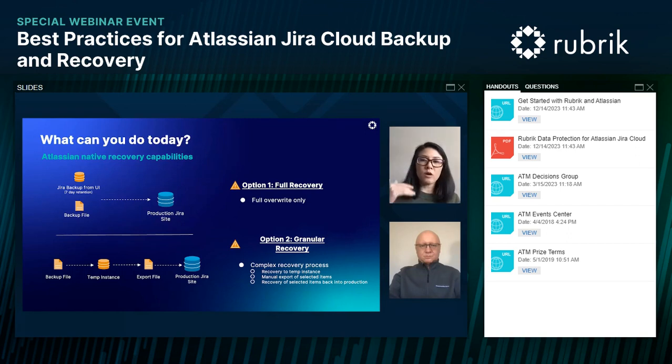So regardless if you want to restore a full copy or just some issues, you still have to go through that process of, I still need to pull that file of all data and place it somewhere. Now, customers would need to rummage through what they need and then create their own file of specific issues or specific projects that they need to restore. So they have to prepare or stage another file that eventually they would upload to the production site. But doing all that, it's not simple, right?